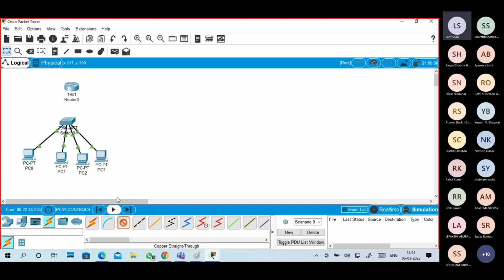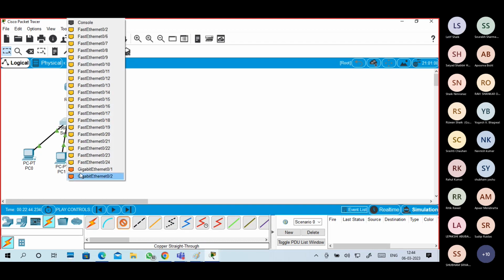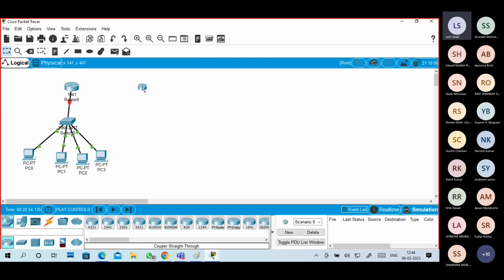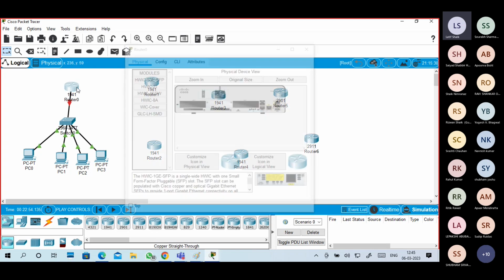I just want to connect from my LAN to my router Ethernet. So this is entirely Ethernet communication. Now this is one network, but it has to connect outside to different networks, right? How will it be connected? Outside there are so many routers and different types of networks. So they follow a WAN connectivity type.